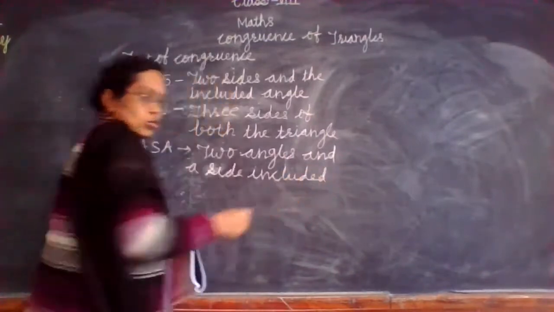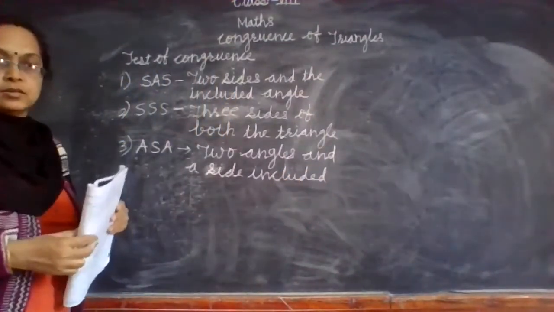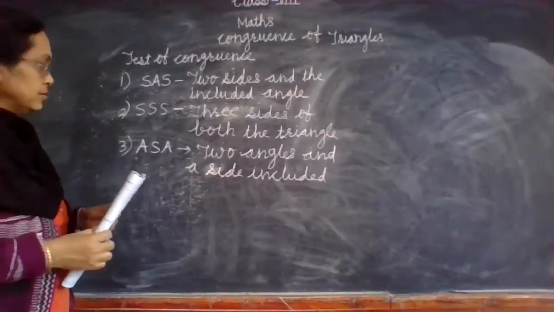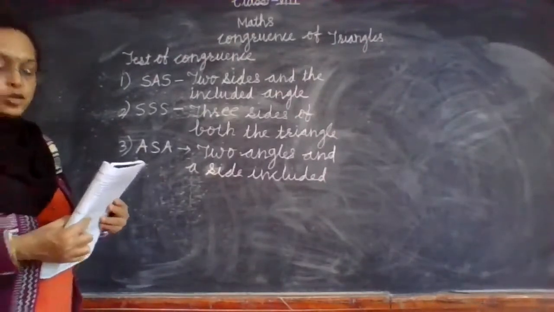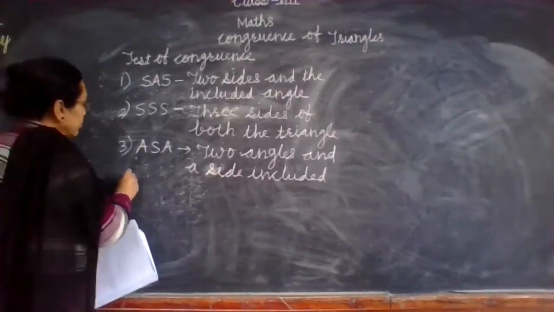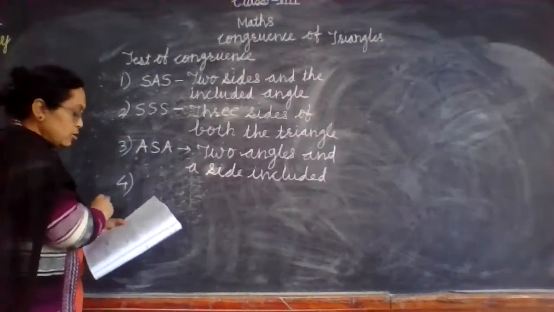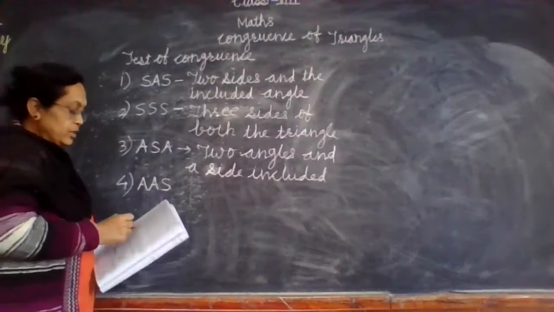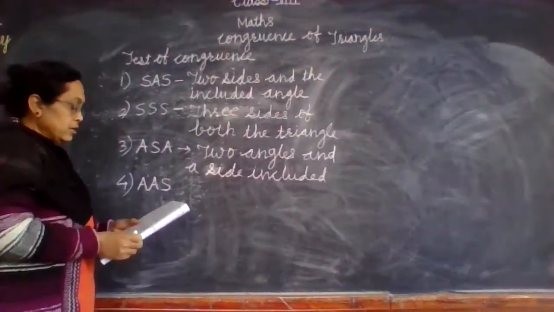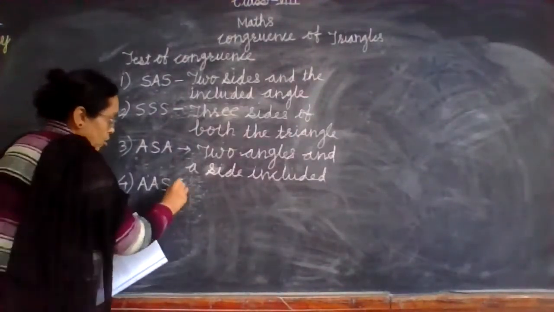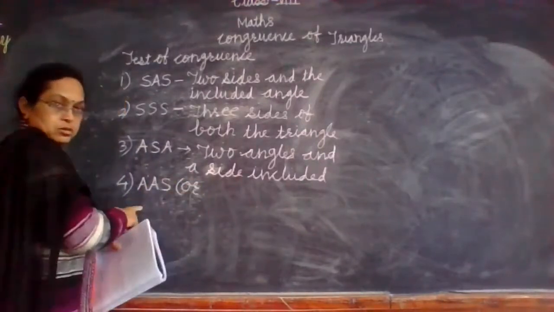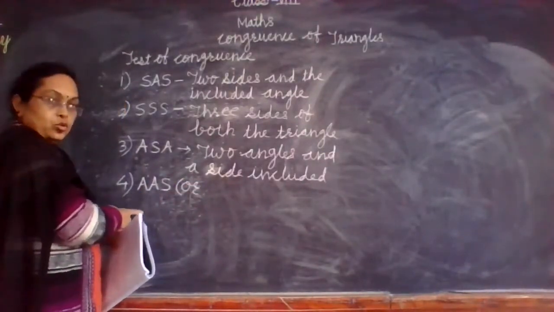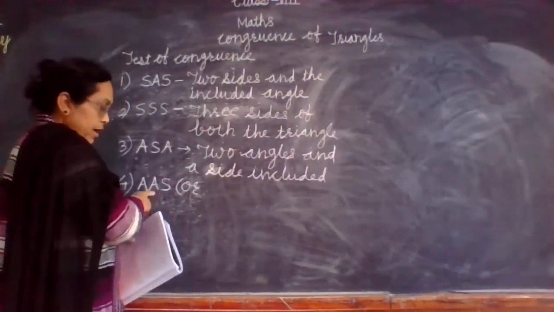Included means between those two angles, a side is there, that is called side included. And now next is here also two factors, that means two angles and a side adjacent to it. The side will be adjacent to the angle, this angle,